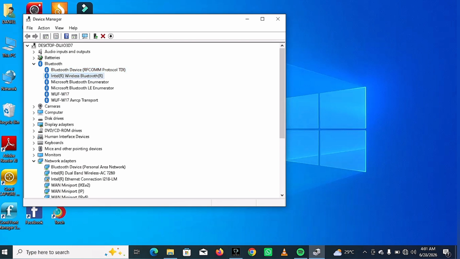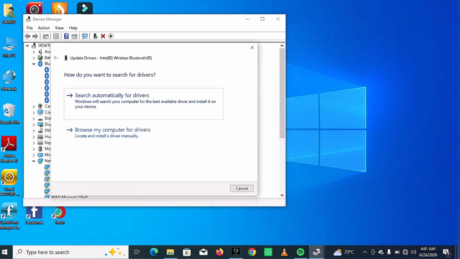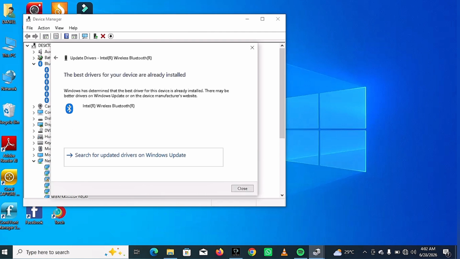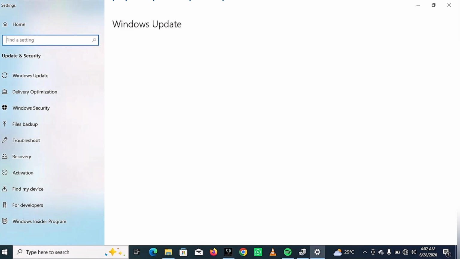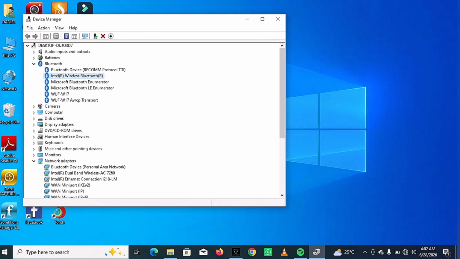Right here as well, you can do that for the second one. Just right click and click on update driver, and looking right here, you can see search automatically for drivers. Clicking on it like this, looking here, you can see that the best driver of your PC is already installed. Yours can be something else. Looking right here, you can see search for updated drivers on Windows Update. You can actually click on that as well if there is no best driver on your device. So these are the three options you can actually take in order to solve your Bluetooth related problems on your